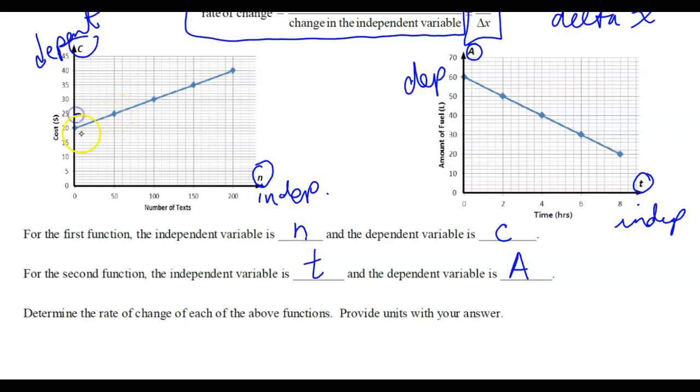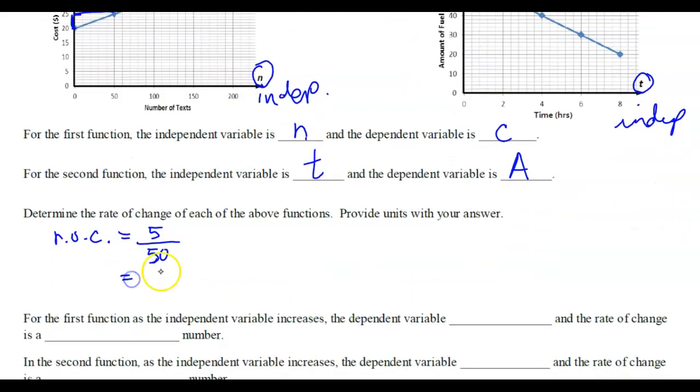That's at 25, and this looks like at 20. So the change in cost is 5, and across is 50 texts. So the rate of change is up 5, to the right 50,